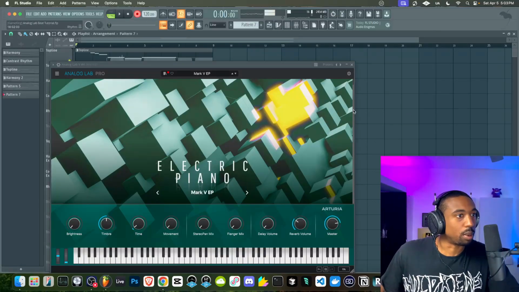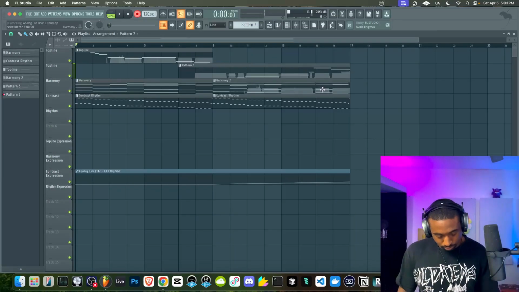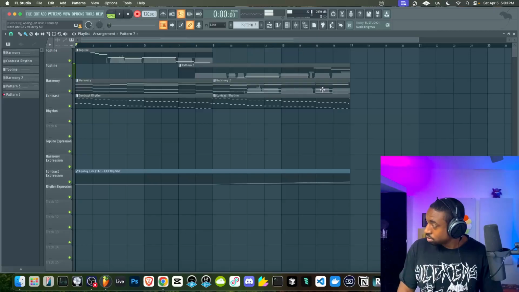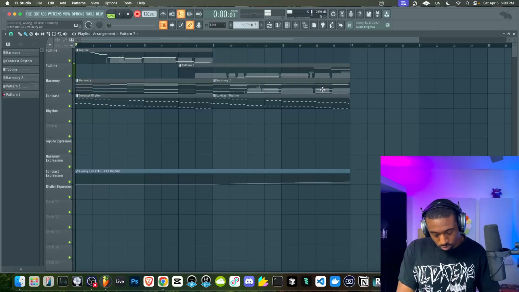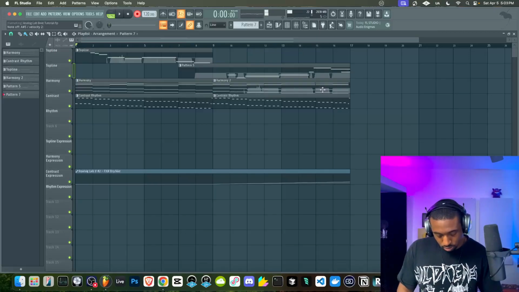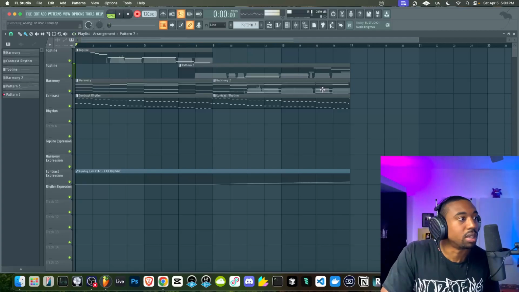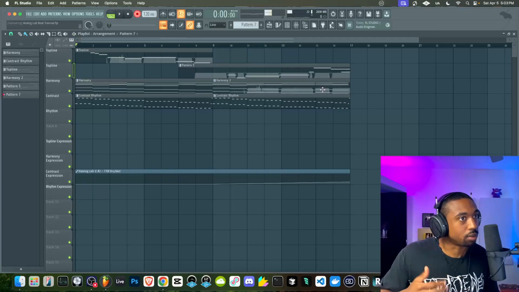Countdown here. It's kind of hard to remember every chord I did. Let's record that. So this would be an expression layer of the harmony because now we're spreading out the notes.